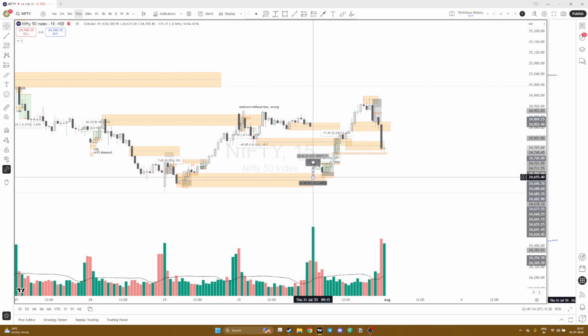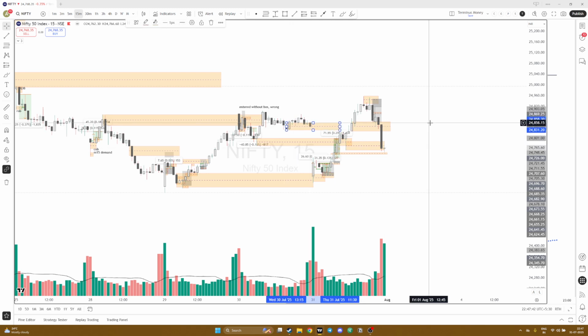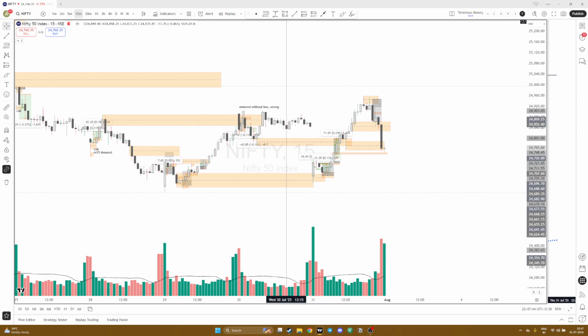I won't hide this, but yeah, this was the market, and my bias for today was, let's mark this zone, this big white candle, this range as the supply zone in the higher time frame. Okay, this was the M15 supply zone,